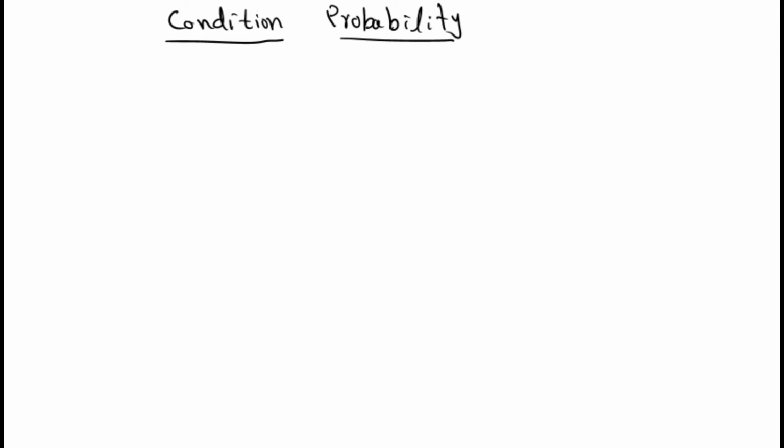Good morning students. Our next concept is conditional probability and some other concepts related to conditional probability. First, see the meaning of conditional probability. Let A and B be two events. I am considering two events of the given sample space S. Then conditional